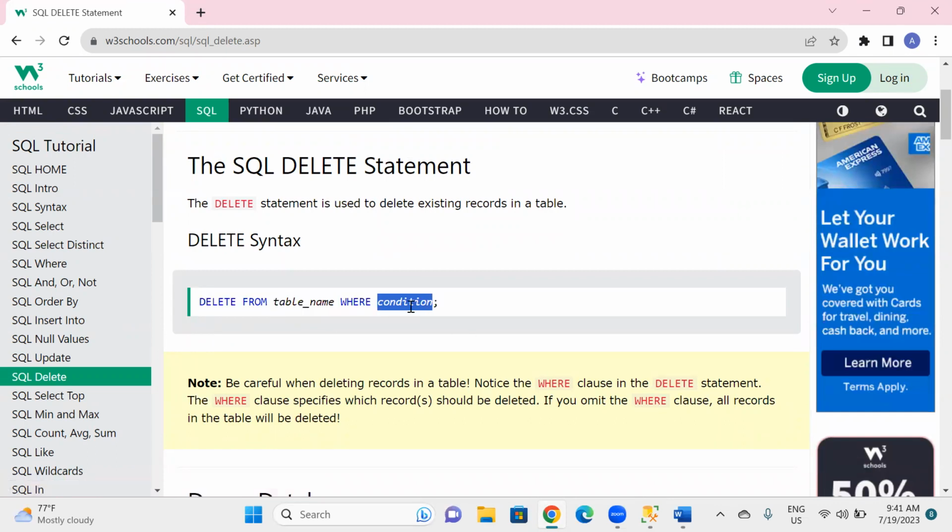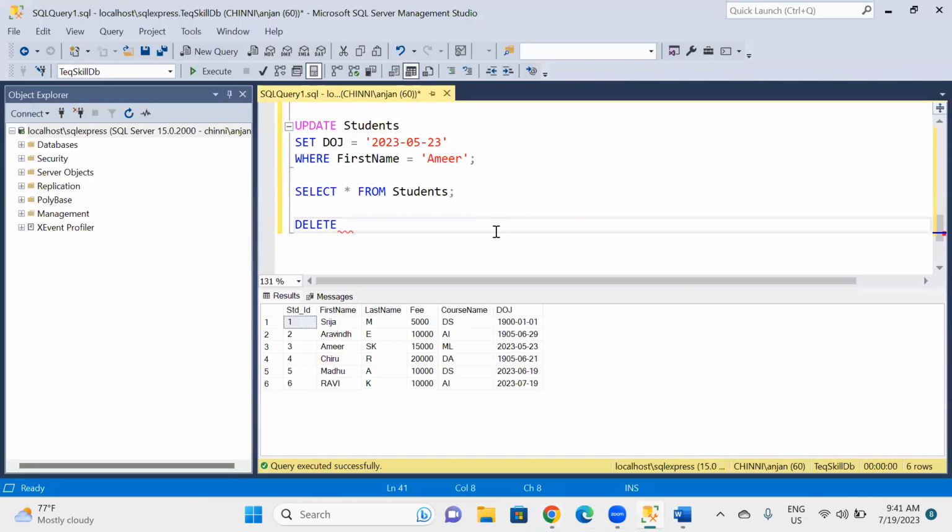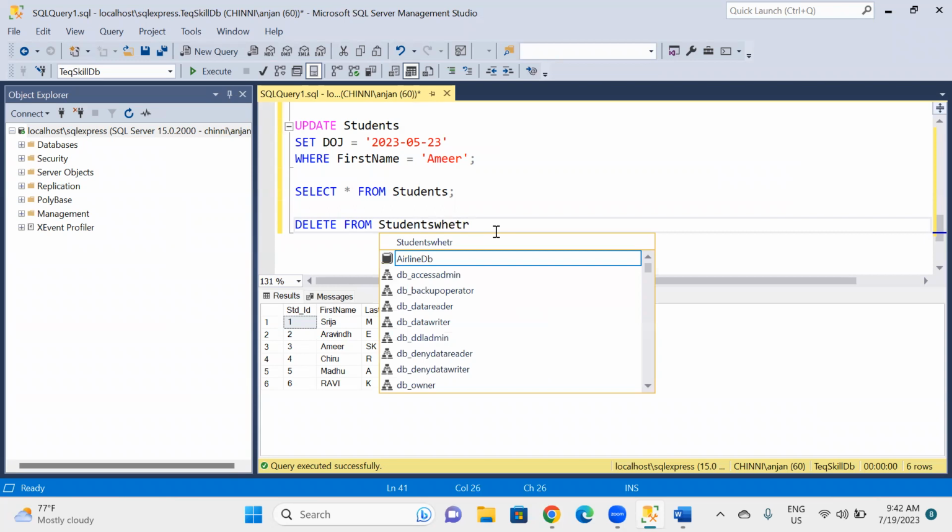Whatever records satisfy the condition, all of them will be deleted from that table. You need to remember this syntax: delete from. The table name is students, and where